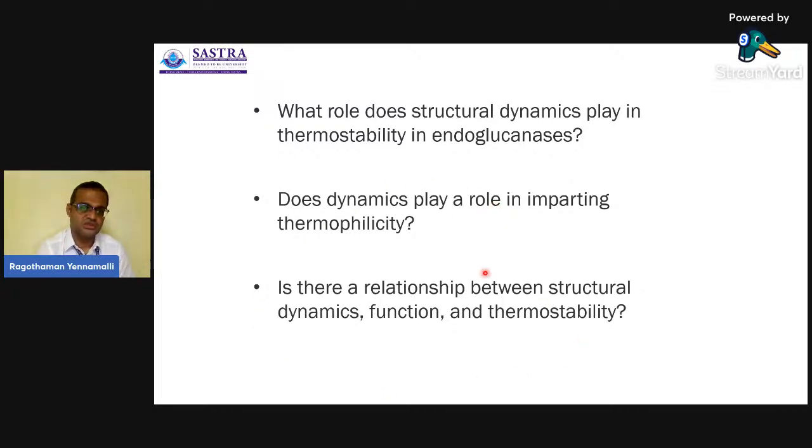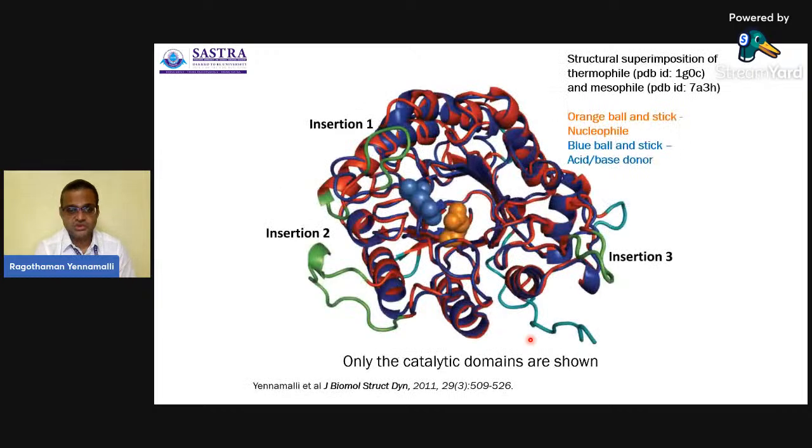So the basic question was, what role does structural dynamics play in thermostability, especially in endoglucanases? And is there a relationship between the structural dynamics, the function, and the thermostability or thermophilicity of those proteins? So in this particular case, what we did was we took a case study as a proof of concept,